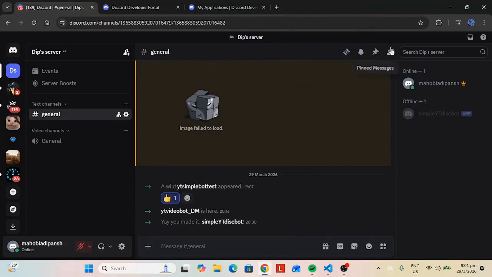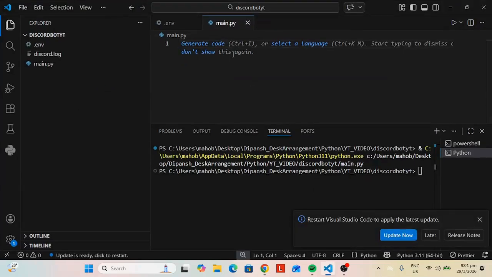For this to come up, you can click on this member list button over here, and you can see that the bot is currently offline. So now we're going to add code and make it